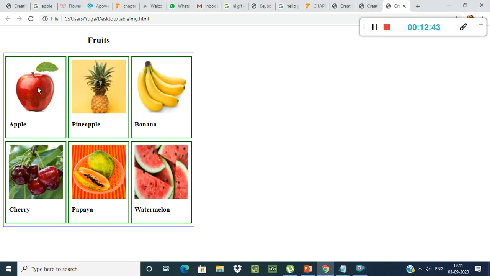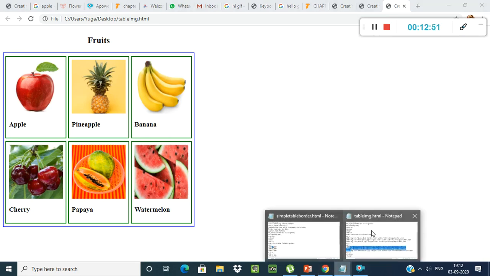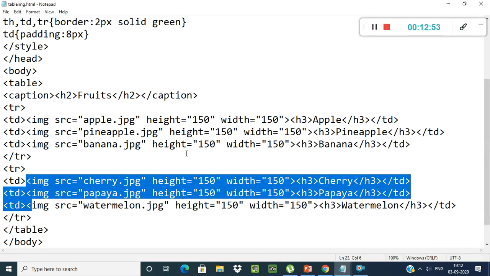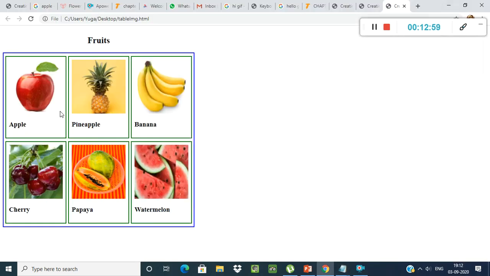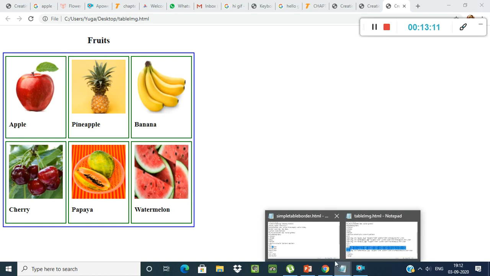See, all my images are coming in the same height and same width. That's why I gave here the height and width. If you are not giving the height and width, your images will come up and down. If you don't want to give the height and width here, then a scrolling bar will come. I will show you one.